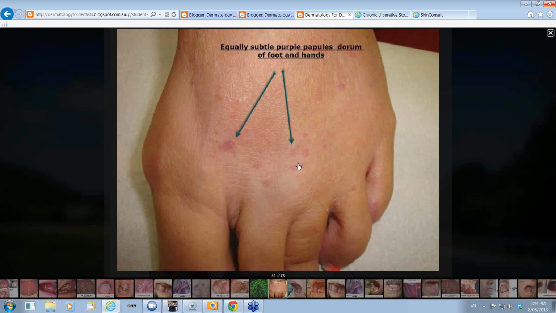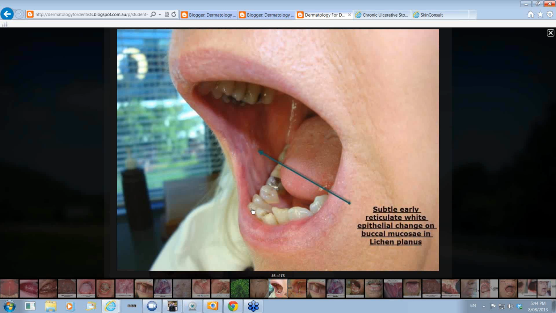Yeah, these were the sort of little purple papules that you can get in lichen planus. I meant to show you that earlier on, but often on the wrist and the dorsum of the foot like this. And of course, this is the sort of picture that you get normally in the buccal mucosa, the reticulate net-like. It's not a great picture of that you'll see in lichen planus. So we come to that, I think, next. But as far as ulceration goes,